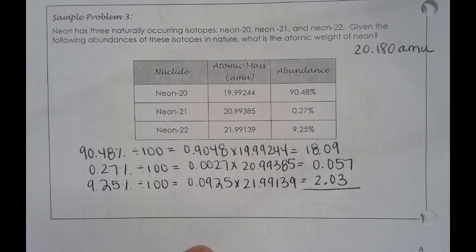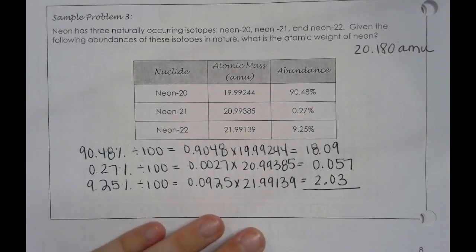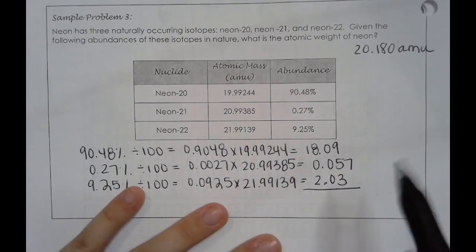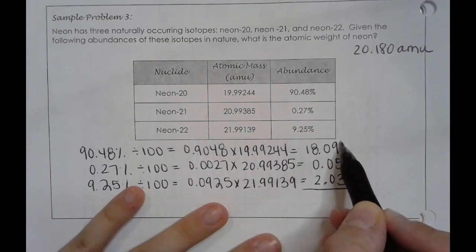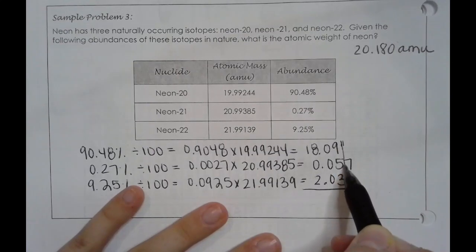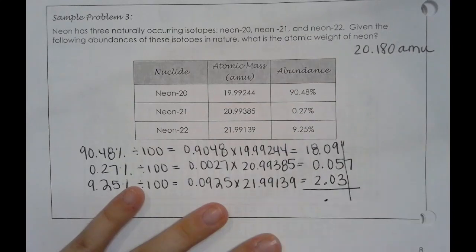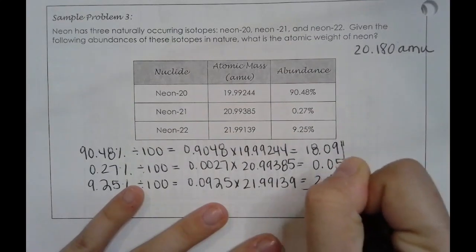So let's add 18.09 plus 0.057 plus 2.03. I get an answer of, now we're going to keep our significant figures again, but we have to look at the least number of decimal places. So I'm going to round right here, 2 decimal places. And our answer is 20.18